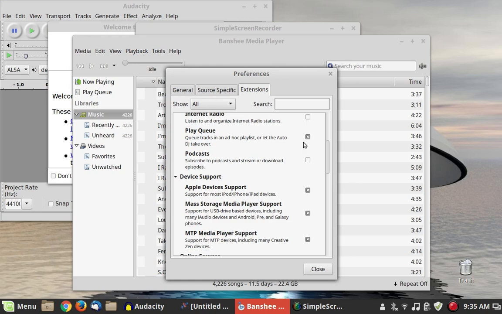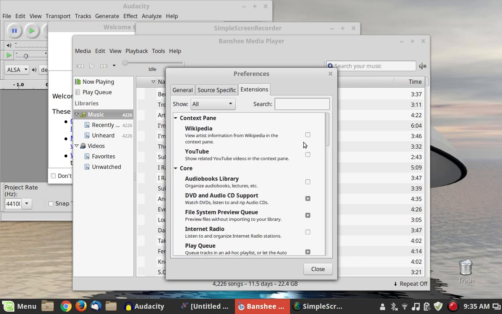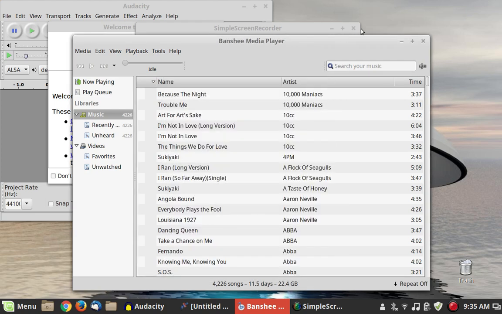It'll fetch cover art, and it'll do metadata fix up, and it'll do Wikipedia articles and internet radio and Apple support, Apple device support and all that stuff. I really don't need all that, so I go through and turn it off. But the nice thing about Banshee that I have found is that it works really well with very large music collections. So I will occasionally use Banshee, and I like to have it set up just to have it around. Actually, it's just a program that I like.